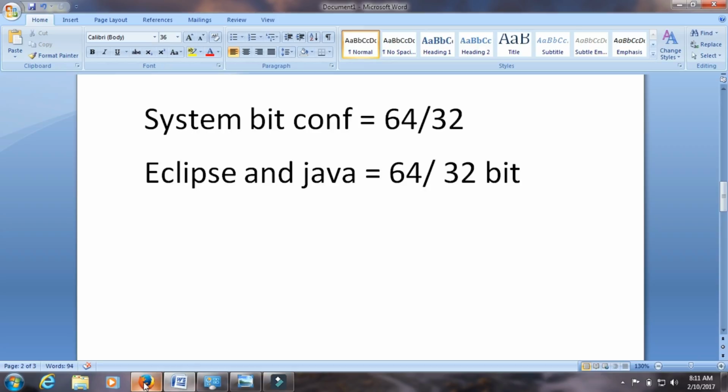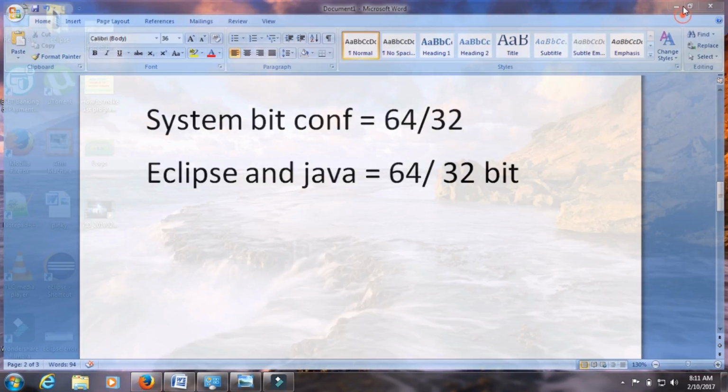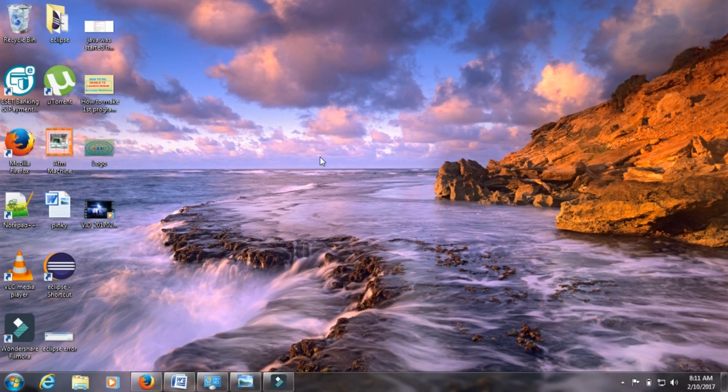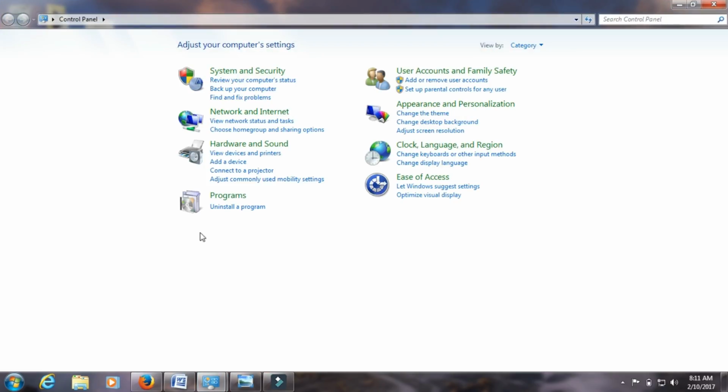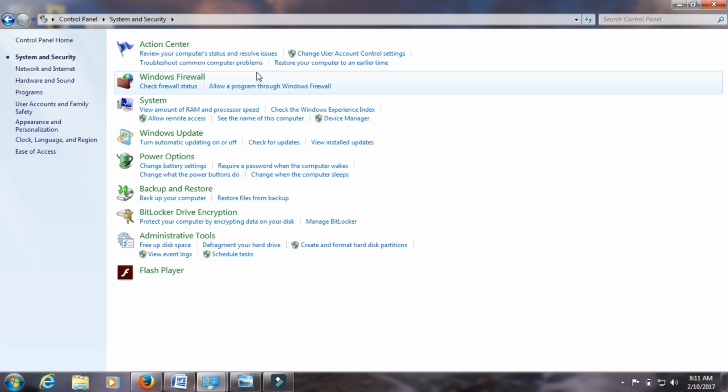So friends, let's go to the system. I am using Windows 7 on my machine. To find out whether the operating system is 32-bit or 64-bit, go to Control Panel, System and Security.